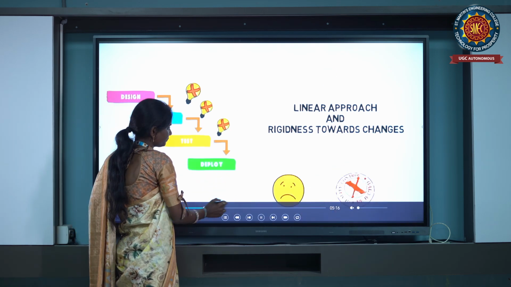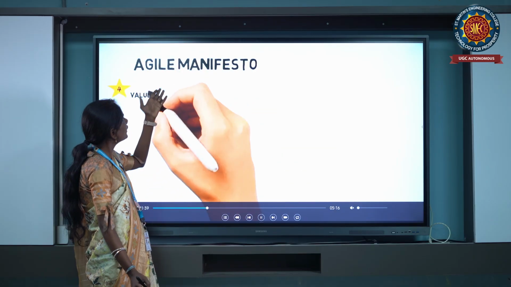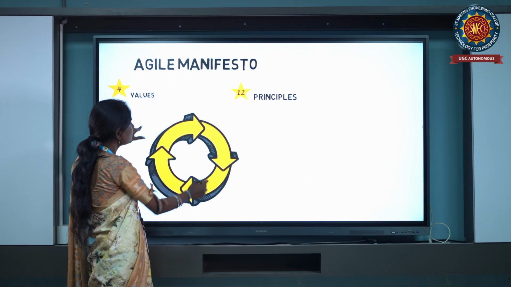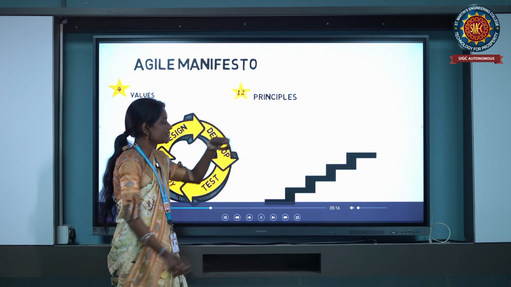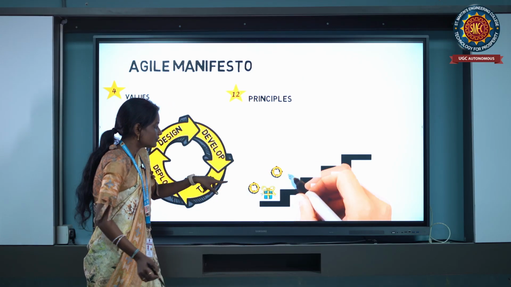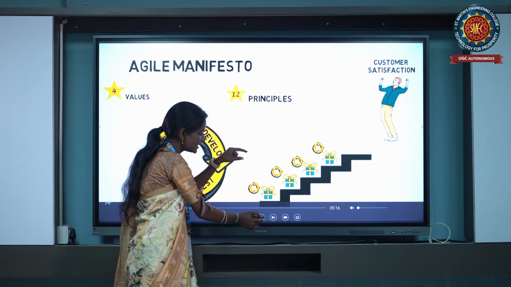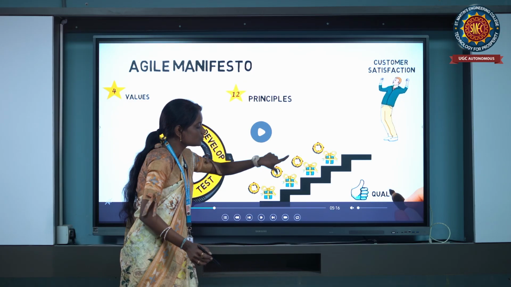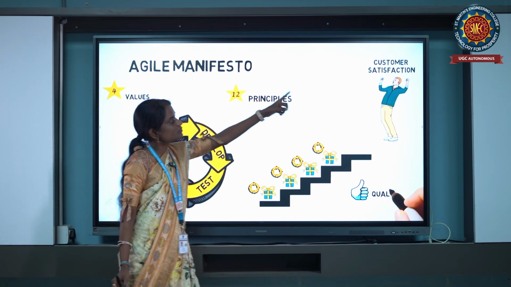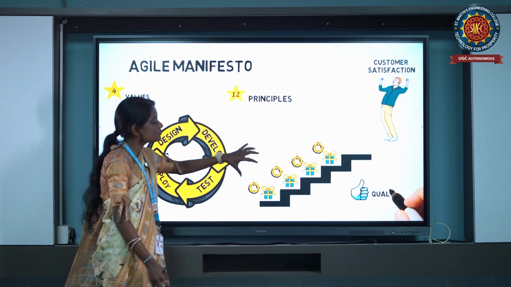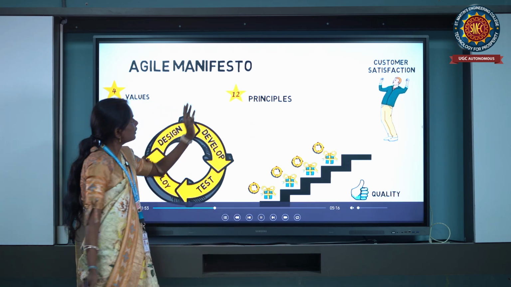As the customer is dissatisfied, as you have seen previously, we go to the agile model. In the agile model, we have the four values and the 12 principles, where in the first stage it is developed in the form of small bits. It is developed in the form of small bits, and we get good quality of the product. The customer will be satisfied based upon the small bits of the project. So we go to the agile model.